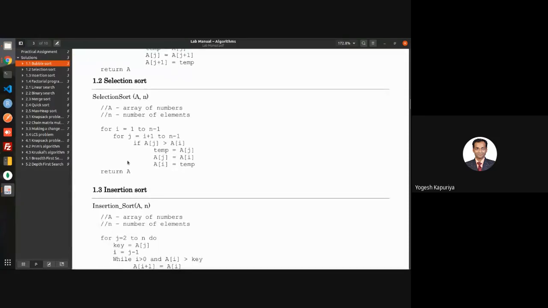In case of selection sort, the approach is slightly different. Instead of comparing two adjacent elements, what we compare here is the first element and then the remaining elements, then the second element and the remaining elements, then the third element and the remaining elements. At any point, if the element which you are comparing is greater than the element on the right, in that case you will swap.